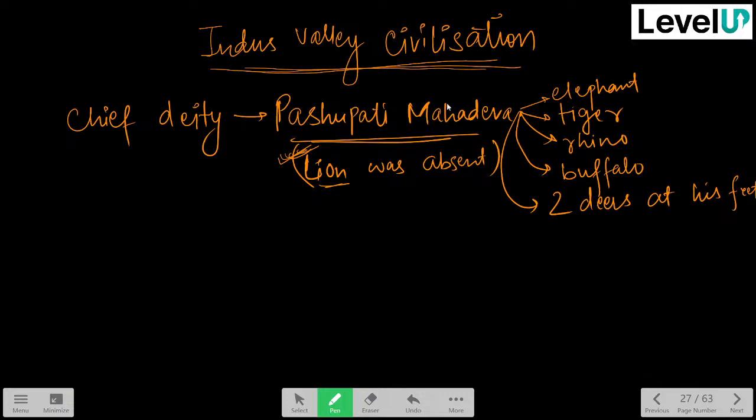So Pasupati Mahadev was actually important, and it was used as a seal also, a very prominent seal. The seal was basically a trademark seal that was put on the trading boxes, so as to understand whose boxes they were. Suppose I'm using a peacock seal, somebody is using a Pasupati Mahadev seal, somebody else is using tiger seals. It was like that, to understand, okay, it was my goods.